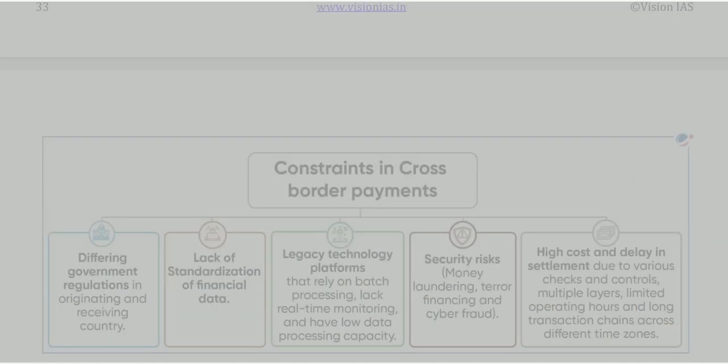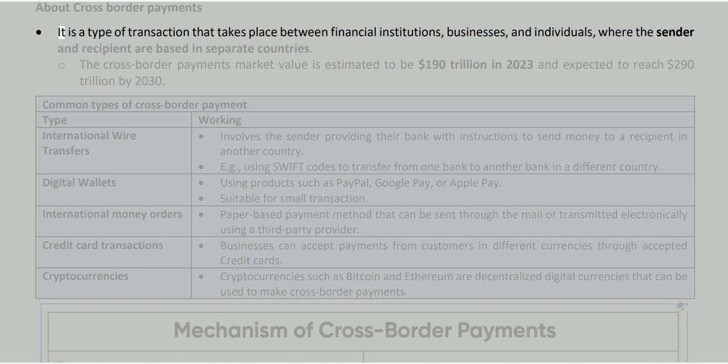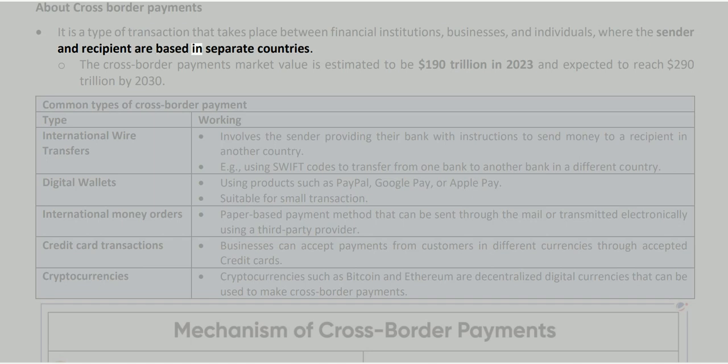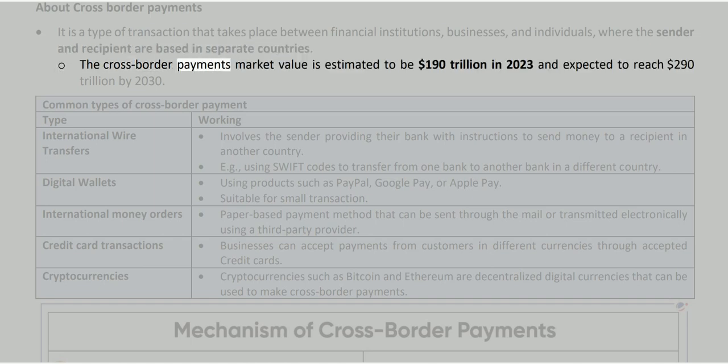About cross-border payments. It is a type of transaction that takes place between financial institutions, businesses, and individuals, where the sender and recipient are based in separate countries. The cross-border payments market value is estimated to be $190 trillion in 2023 and expected to reach $290 trillion by